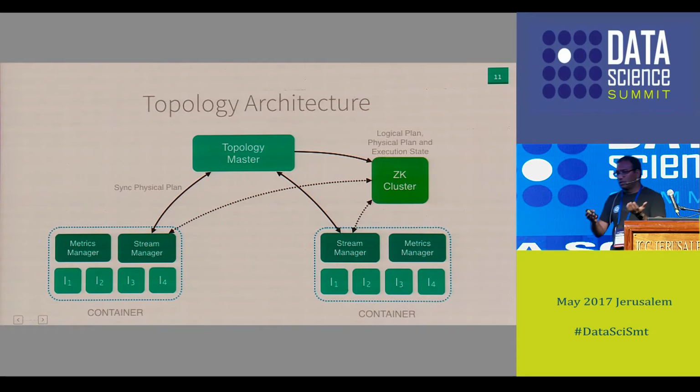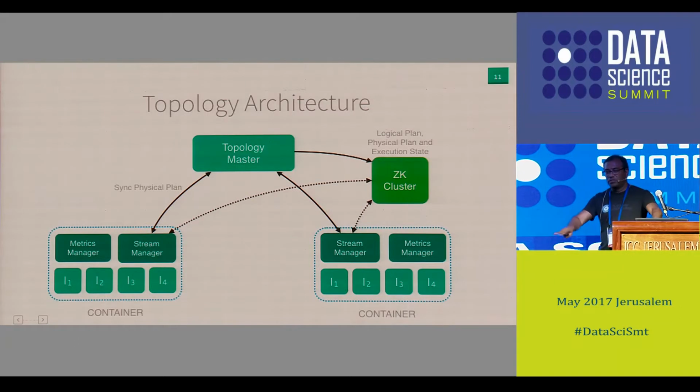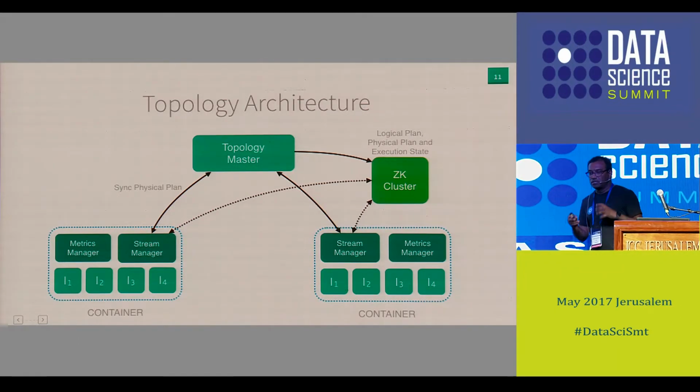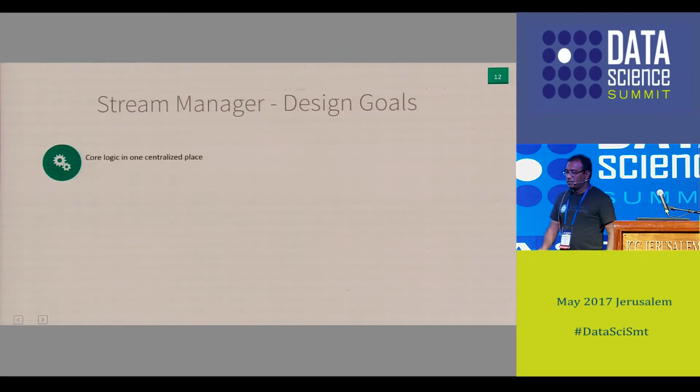Similarly, when data is received by the stream manager from another container, it distributes the data to the instances. Because of this, the stream manager is essentially the bottleneck where data goes in and comes out. So let's look at the stream manager design goals.